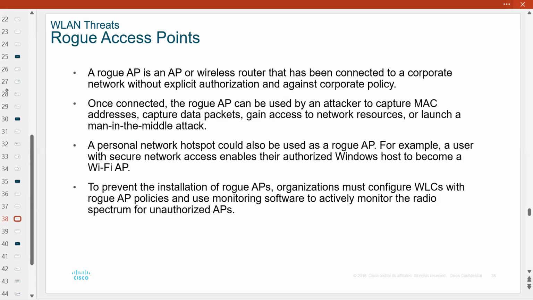A personal network hotspot could be used as a rogue AP. For example, a user with secure network access enables their authorized Windows host to become a Wi-Fi AP. To prevent installation of rogue APs, organizations must configure controllers with rogue access point policies. Right, a rogue access point, basically,